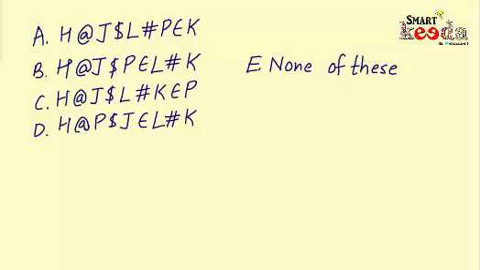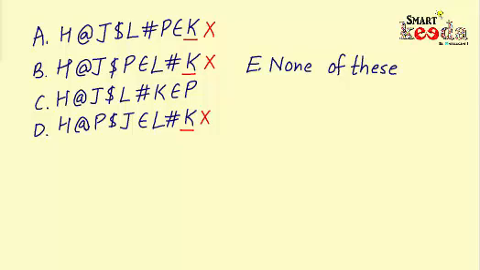Now instead of drawing a tree for all these options, we will apply the elimination method here, wherein we would eliminate those options in which K is coming at the end. So the options in which K is coming at the end are option A, option B, and option D. Therefore we can eliminate these options. And we have eliminated such options because if K comes at the end of the code, then it is not possible to determine the gender of K. And if we are unable to determine the gender of K, then how can we say that K is father-in-law of H?